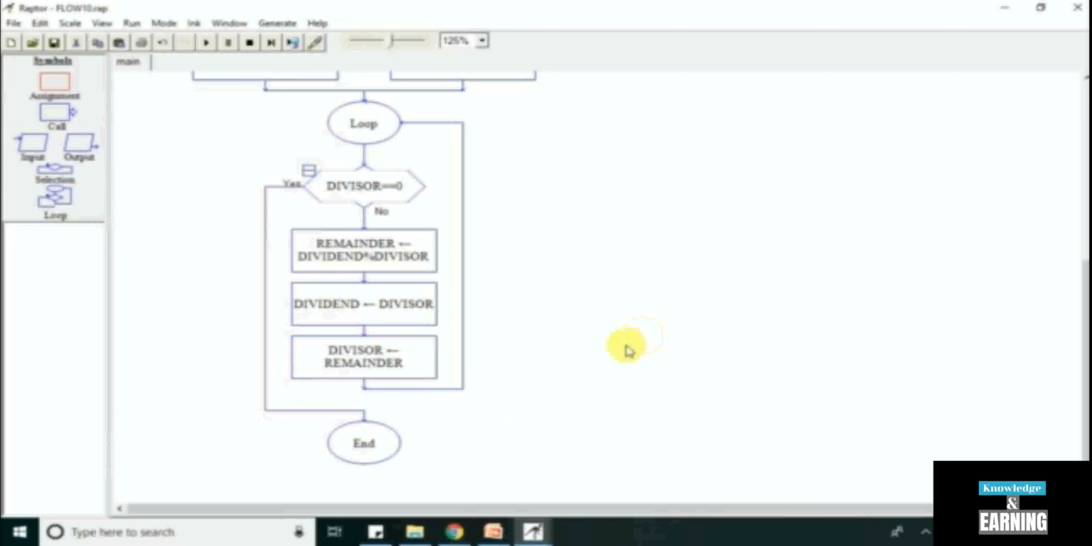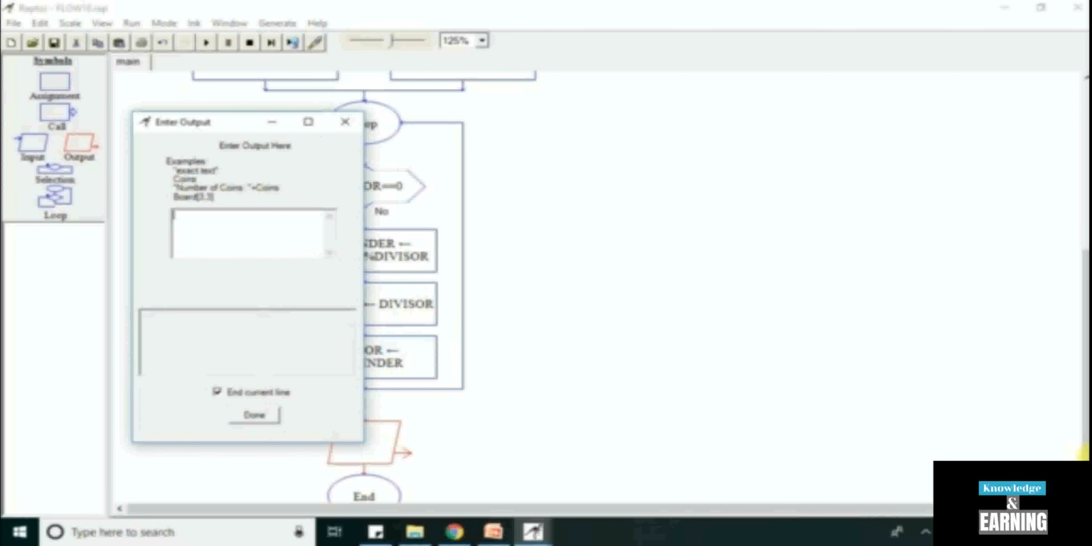Okay, first of all, we have to make the divisor as the next dividend. Then we have to update the divisor. Okay, it's correct. And in the end, we have to print the output. Output will be the GCD. GCD is stored in the last dividend. GCD of,